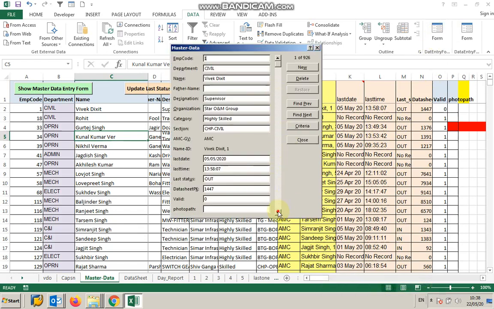So what will happen now? You see the 926 records, one by one you can scroll. Whichever is a formula field is automatically taken up, which you can't change. You can navigate with Find Previous and so on. You can select the criteria also.